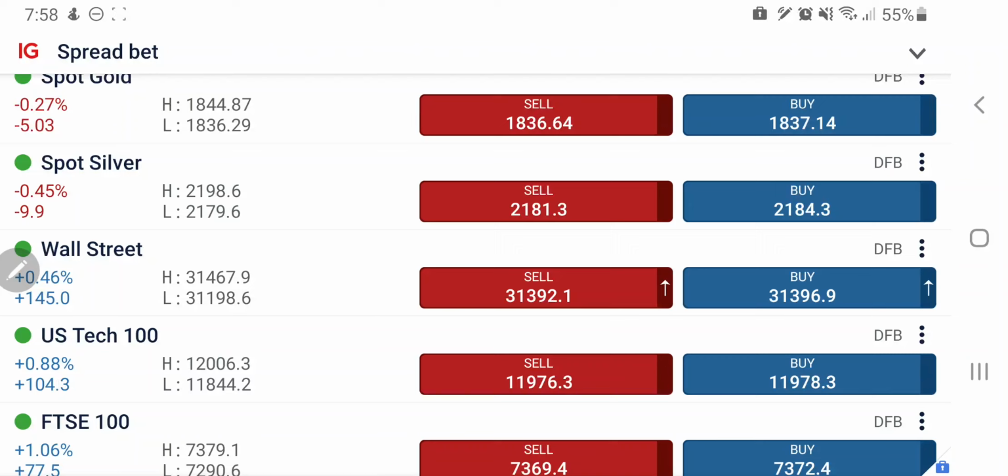Full swing day on Dow Jones and Nasdaq yesterday as expected, and now what is going to happen today we'll try to see again with the help of candlestick charts and indicators. Before I come up with my next analysis on Dow Jones and Nasdaq just before the US cash session,